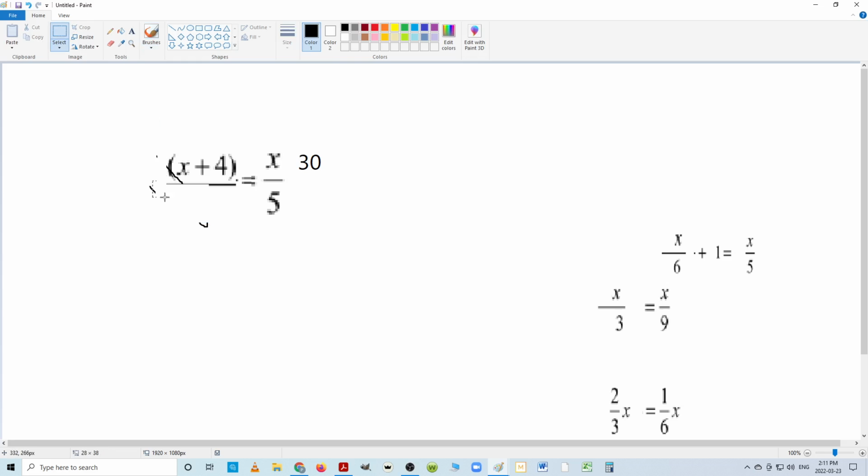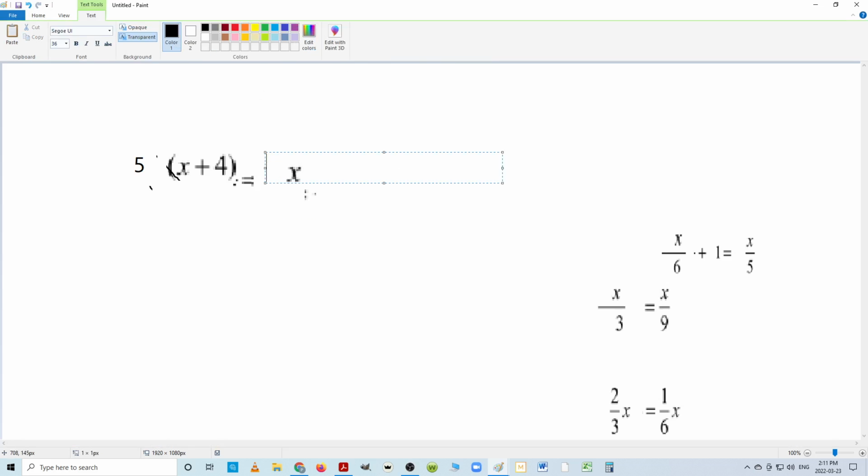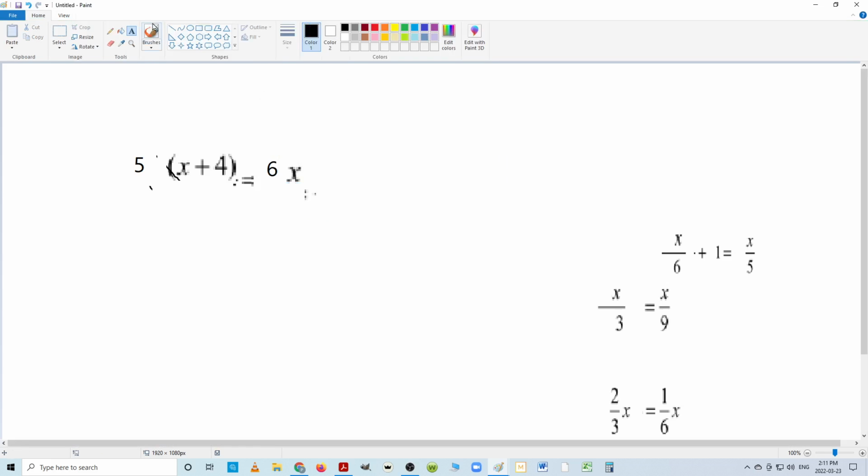So I get rid of that side of it. And on the right side, what's 30 divided by 5? It's 6, and I immediately get rid of that. So it's 6x on the right and 5 times the bracket on the left. In this case, I now have to distribute properly and go slowly, and I get 5x plus 20